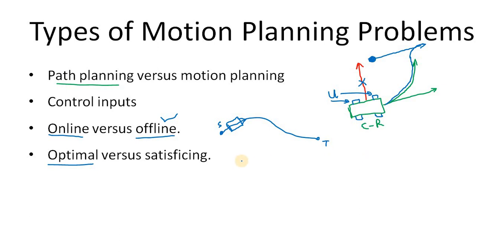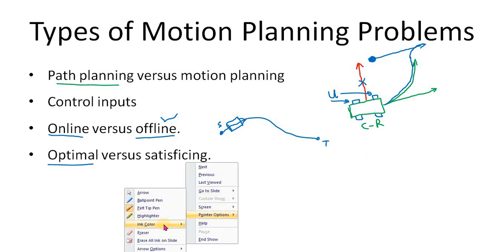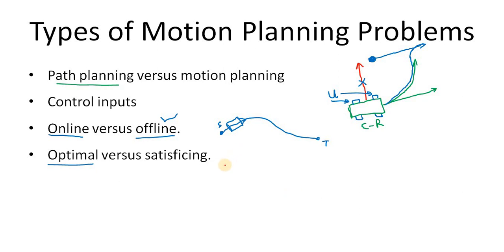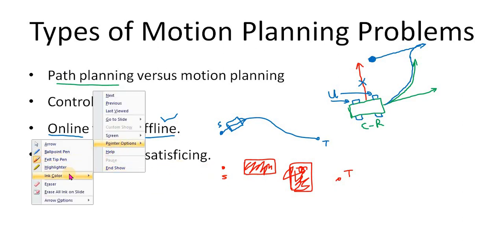For example, if I want to move from this location to, let me change the color to red, so from here, this is the start point, there is an obstacle here, and this is an obstacle here, and this is my target point here. This is the start point. So now the optimization problem can be like this, that you have to find a